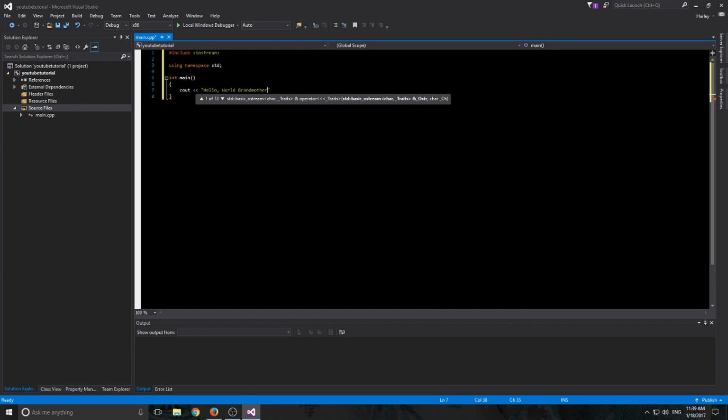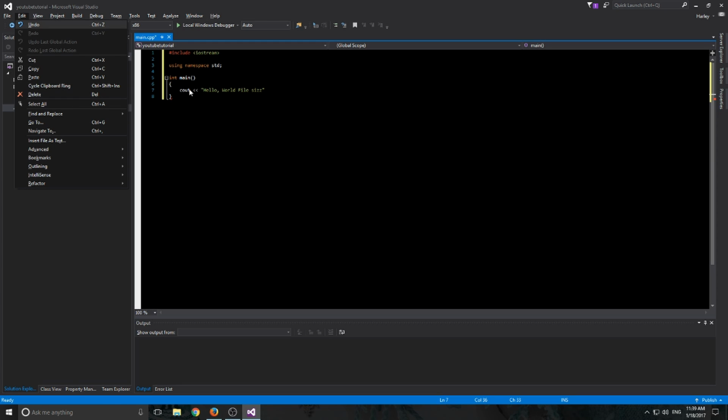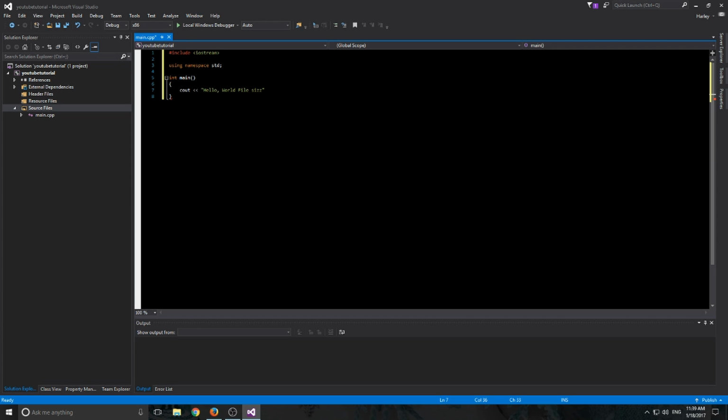Grandmother, lover, dog. I don't know what I'm typing. File size. Yeah, it doesn't really matter what you have in here, but you can put whatever in there as